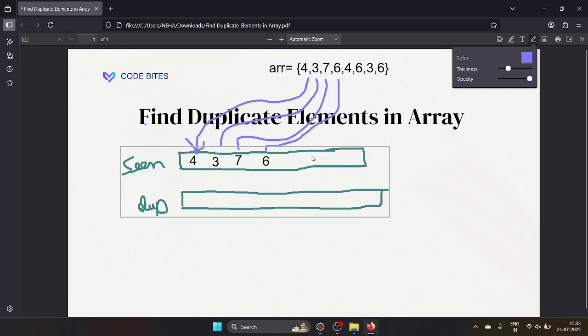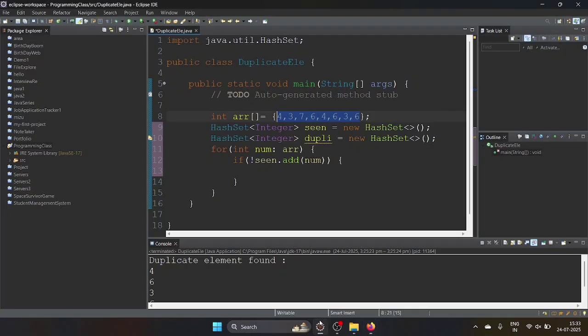so it is not allowed to add the 4 into the asset again. So at that time it is going to return false, right? When you are trying to add that one, it is going to return false. It means it is already present; that is how it indicates it, by telling the false condition. If we get a false condition, then what